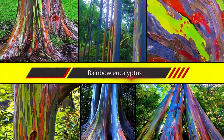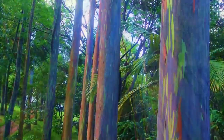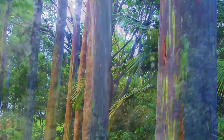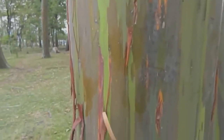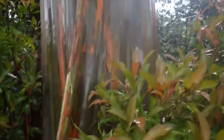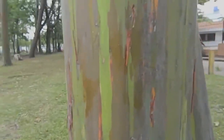Rainbow eucalyptus. The most beautiful tree is considered to be the rainbow eucalyptus. It grows in Indonesia, the Philippines, and Malaysia. It's famous for its bark, which with age acquires a wide variety of shades, from green to violet. What's interesting is that the tree is layered and each has its own color. In Oz, such trees would easily fit into the landscape of the magical forest, and yet they grow in the